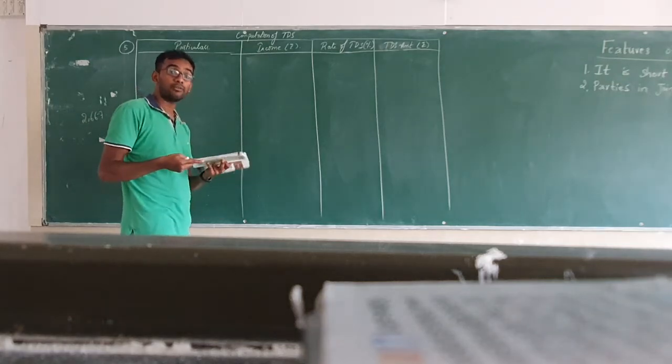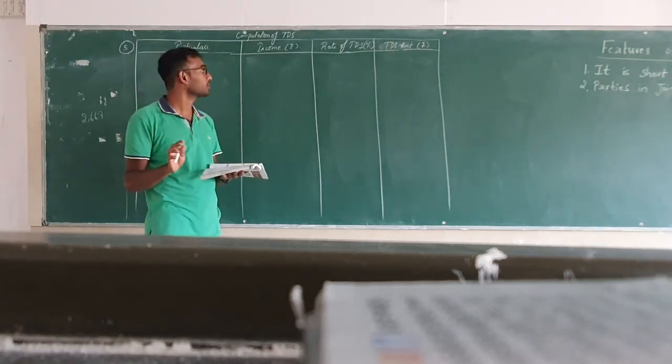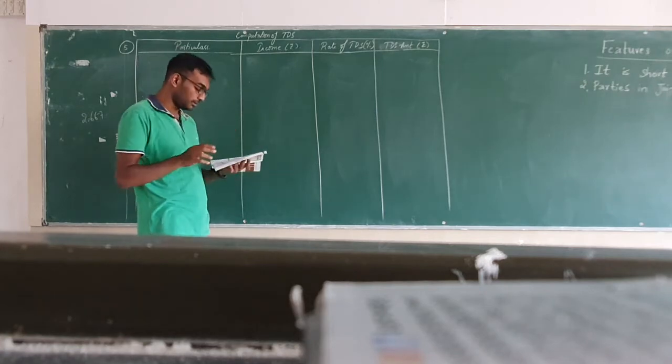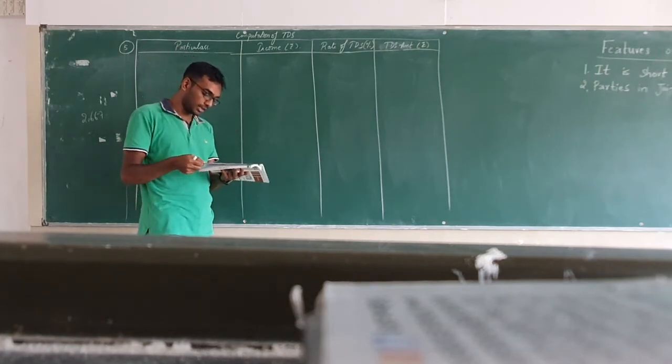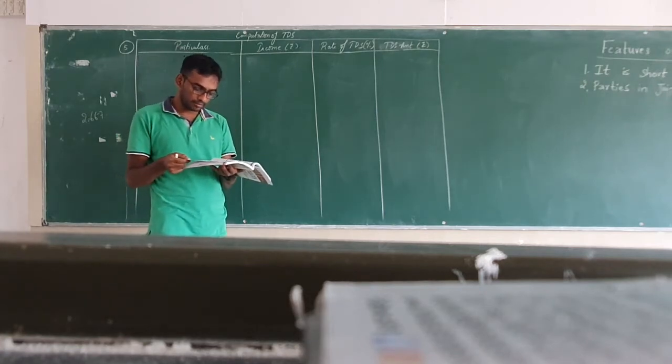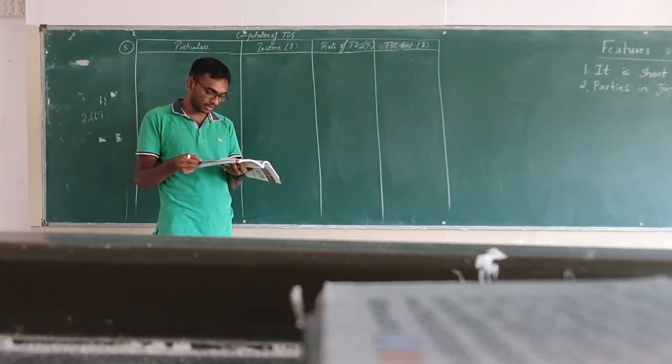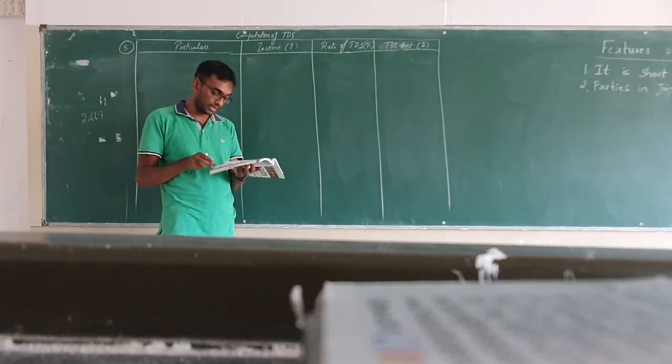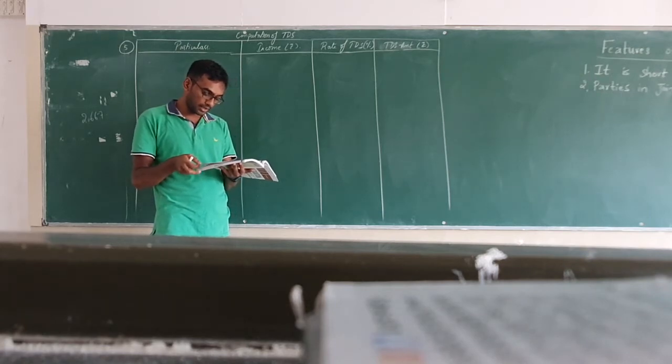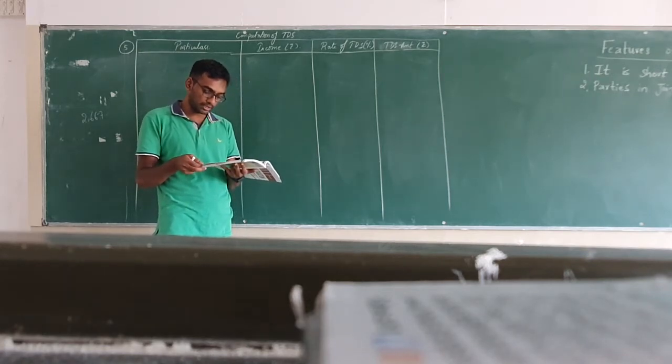Hello students, now we are going to discuss the fifth problem on computation of TDS. Now as usual make 4 columns. Now look at the question what they have given. From the following details of income, compute TDS amount for each transaction. Now what is the first transaction which they have given? They have given sale of land to a resident, rupees 55 lakh, without furnishing PAN.